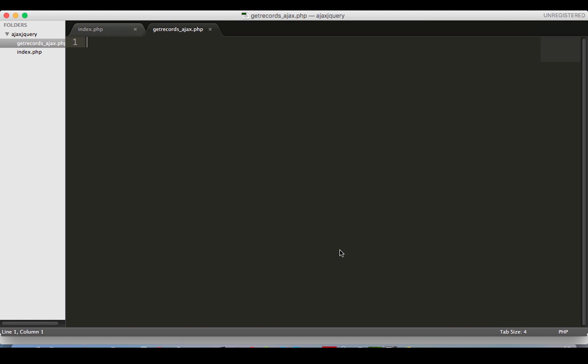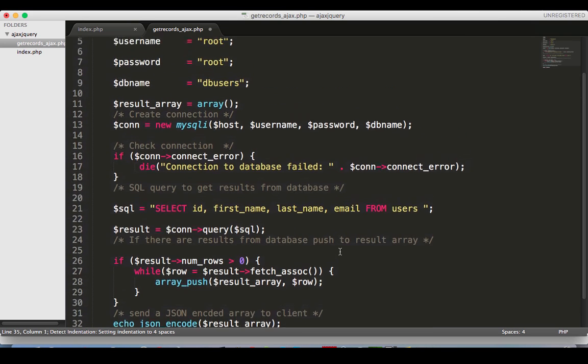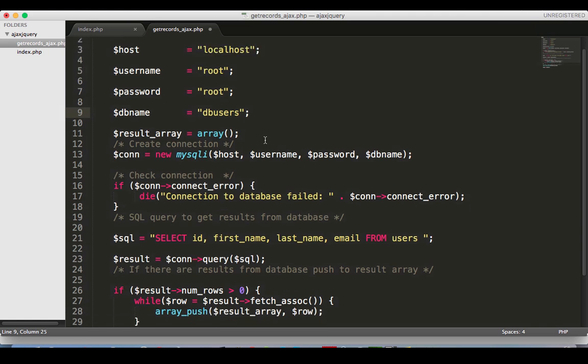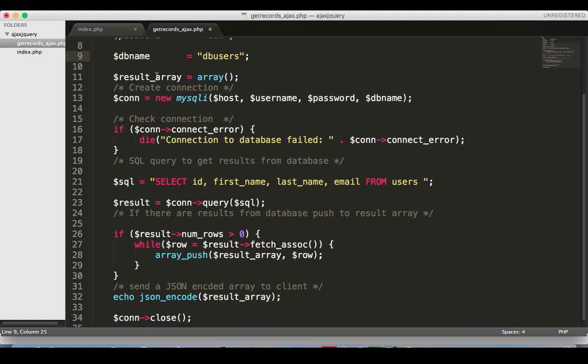So in this page we'll add the code to fetch records from database. So again, to save some time, I'm just going to paste some code over here, and I will explain this. We have defined a host name that is localhost, a user name that is root, and a password. I have password root, so you can use whatever password your local database has, and the database name is db users. And next I have defined a result array,